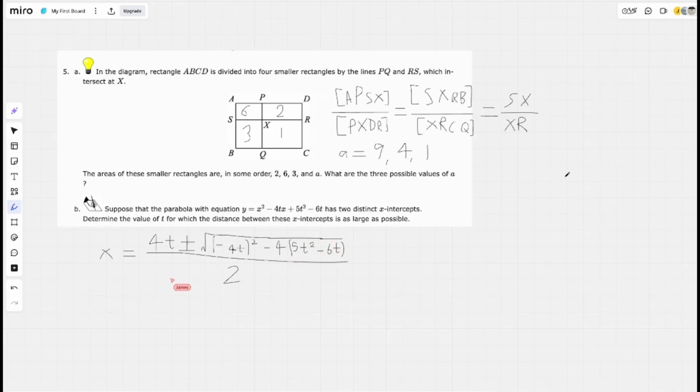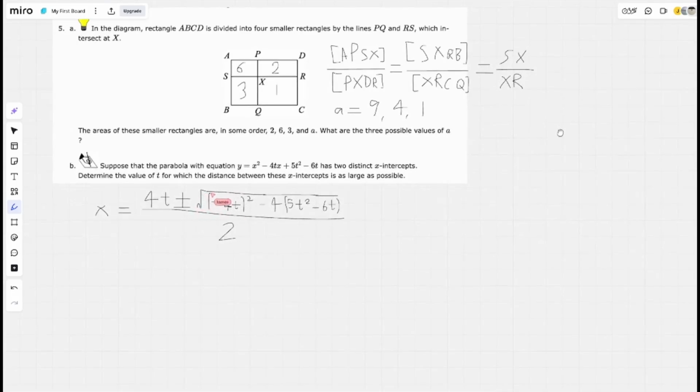So the distance here is just equal to 2 times the square root expression, because one side is plus, one side is minus, then the distance between the x-intercepts is 2 square roots